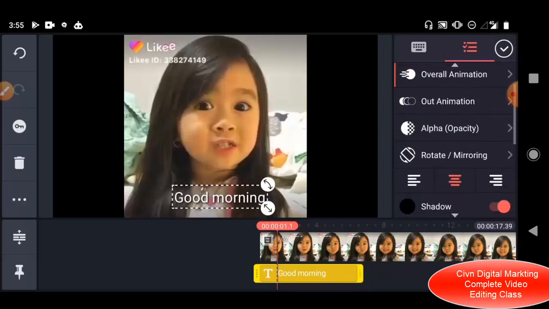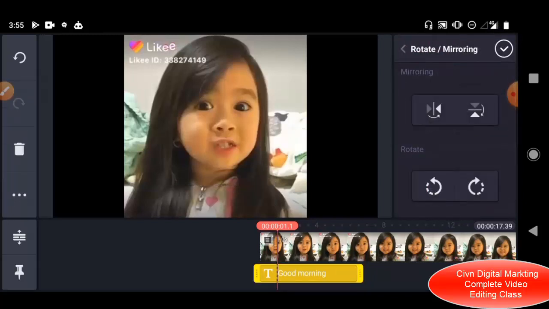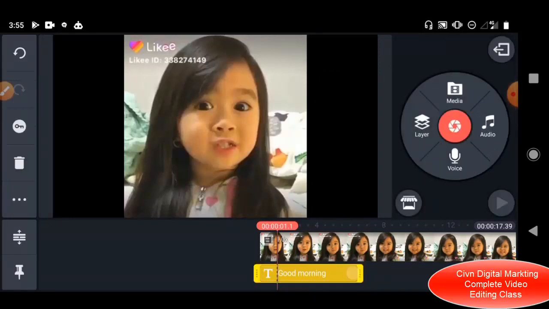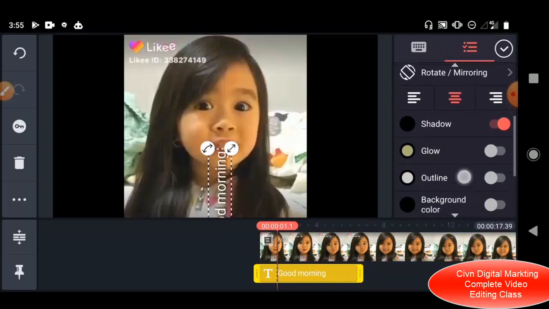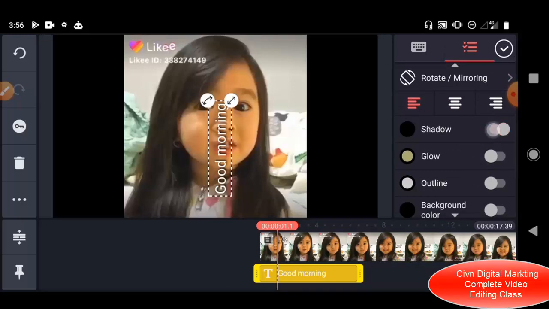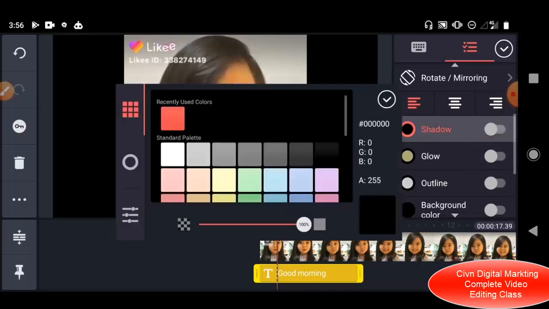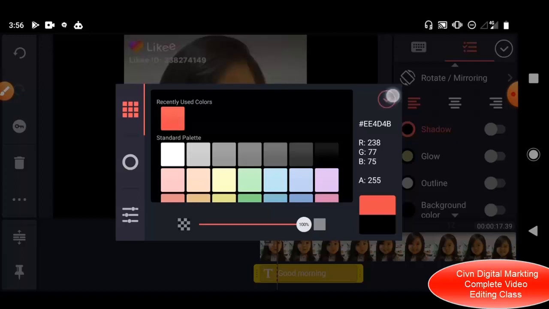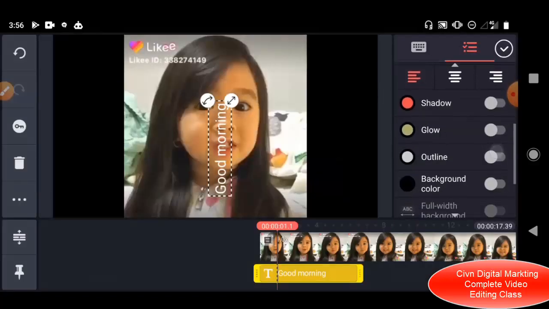Okay, then you can rotate, you can mirror and all of that. You can do all of that here. Then you can also, since it's a text, you can choose the alignment, align to the left, align to the right. If you want the shadow, you can turn shadow off or on. Okay, and then you can also choose the color of your shadow. Okay, if you want to add color to the outline, glowing effect, or you want to add a background,